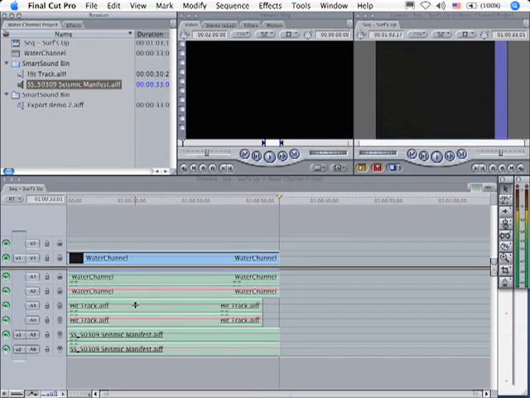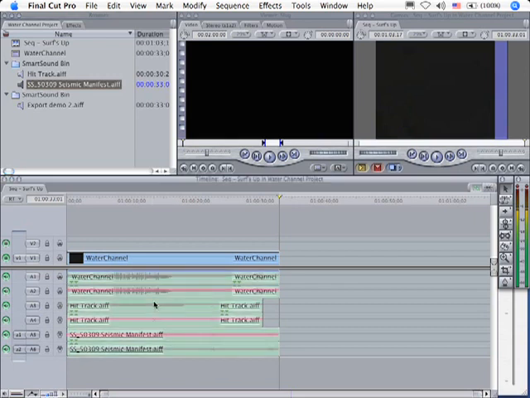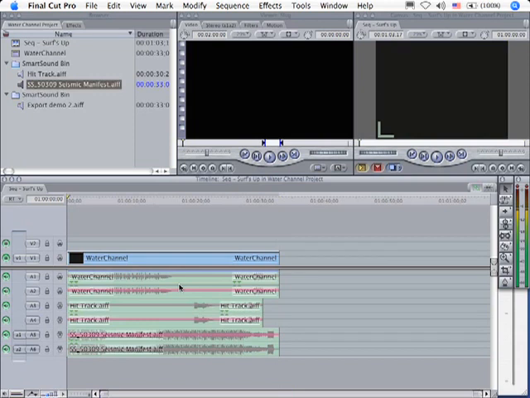I've got separate volume control over my hits. They're still perfectly timed and in sync. And I've got volume control over my music. So I'm going to keep my hits up nice and loud. We'll take a look at the waveform. Notice there's only hits right there. And now when I hit the up arrow key to go to the beginning and play it,